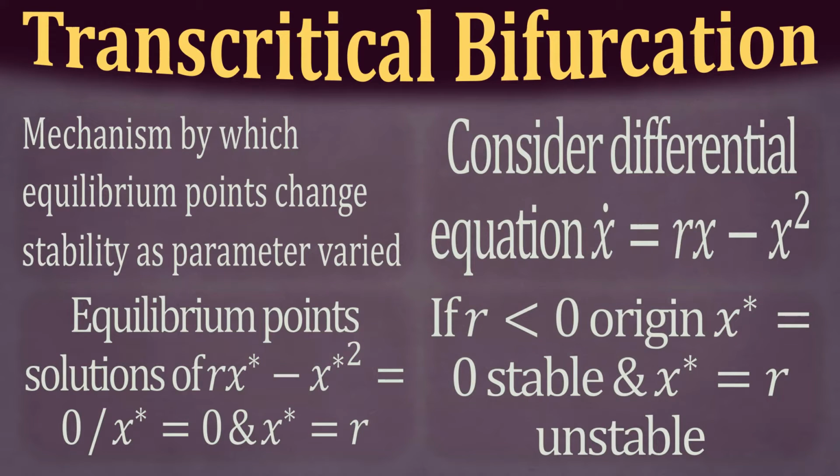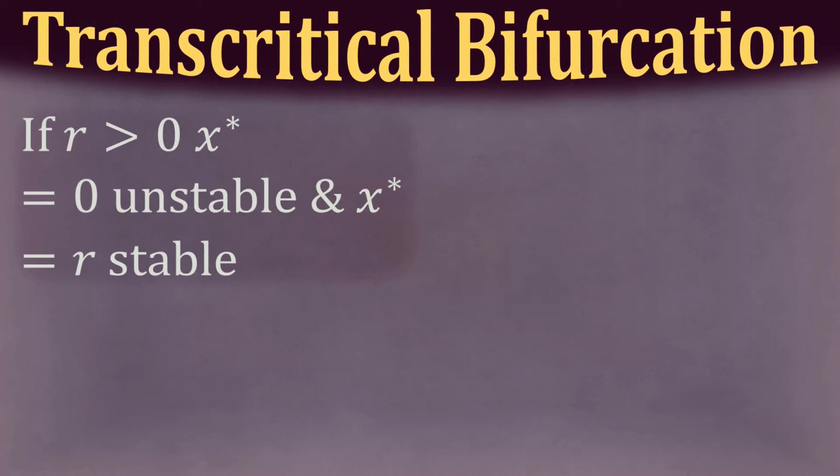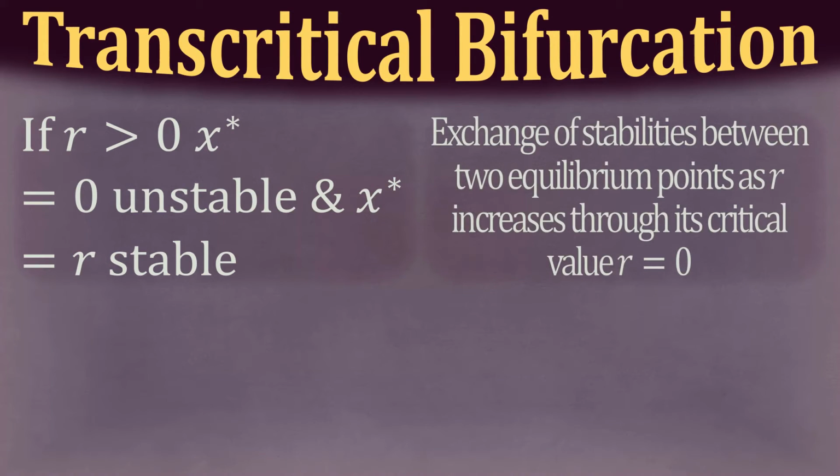It is easy to show that if r is negative, then the origin x star is stable and x star equals r is unstable. If r is positive, then x star equaling 0 is unstable and x star equaling r is stable. There is an exchange of stabilities between the two equilibrium points as r increases through its critical value